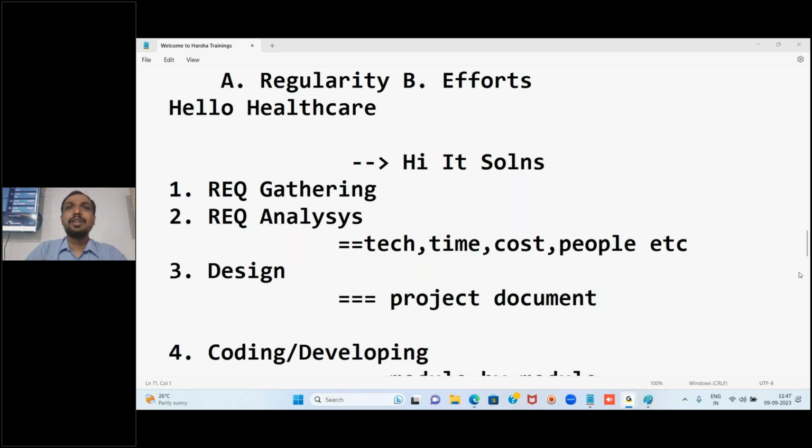That varies again. They give a fresher package of 3.5 to 5. They mention 3.5 to 5, though that purely depends on your skill set. So that's what I am telling you guys. If you are really practicing whatever I say in the classroom, getting a job won't be that difficult.